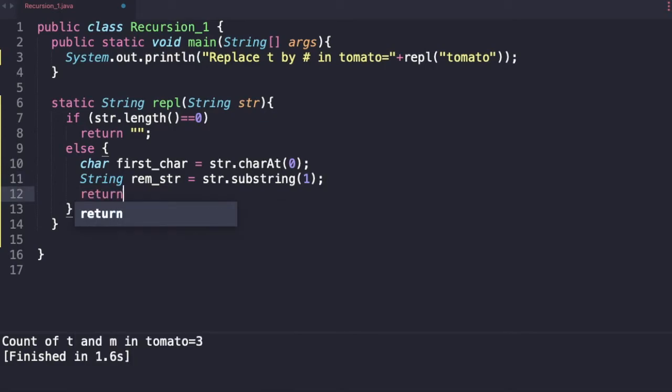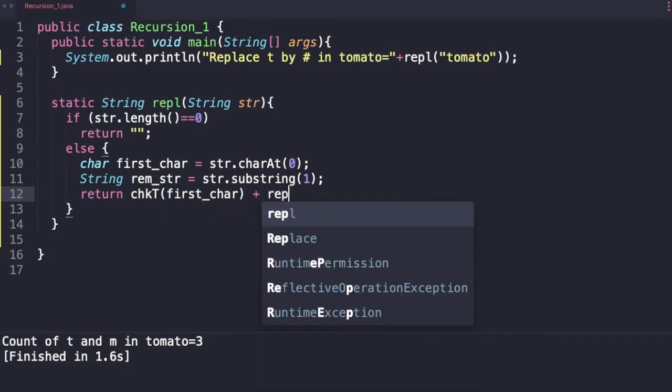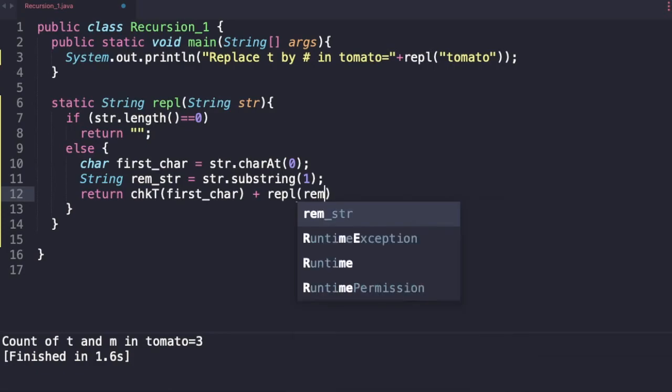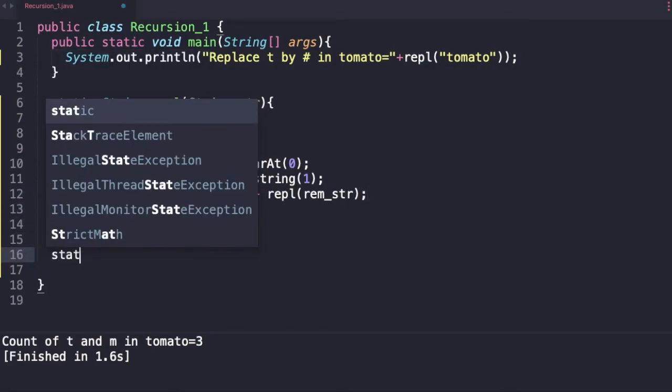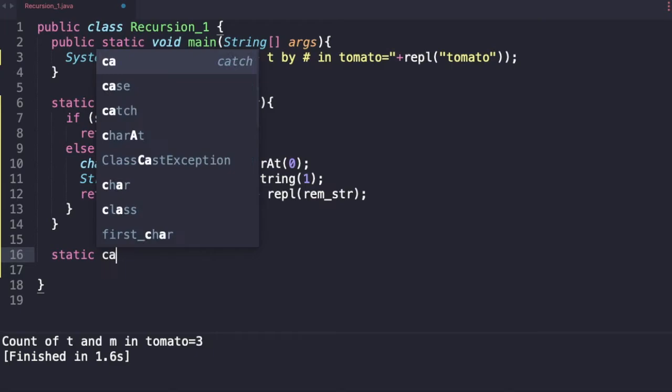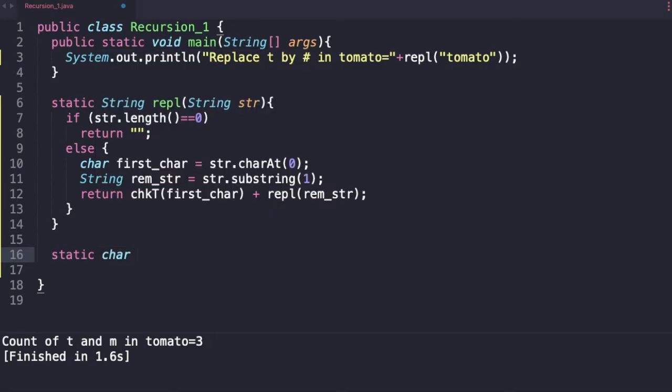And what should we return? We should return check t for the first char plus replace the remaining string. And here this plus is string concatenation, we all know that. So now we need to define this function. So static char check t.